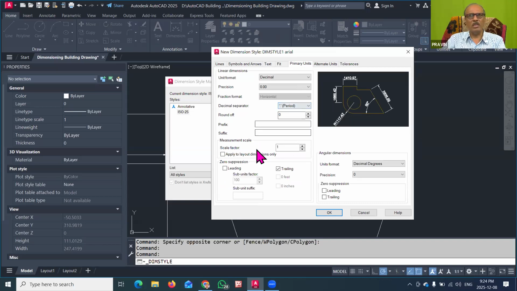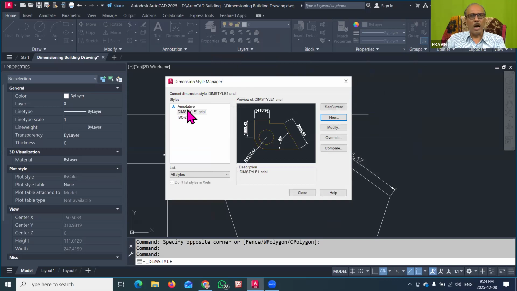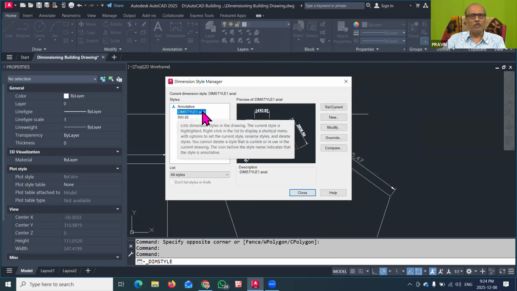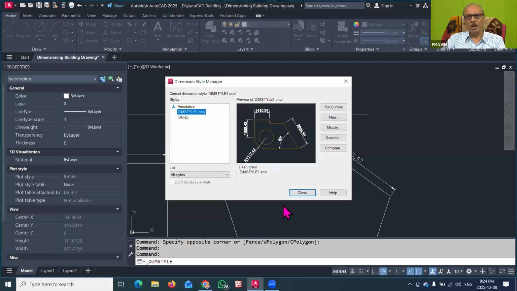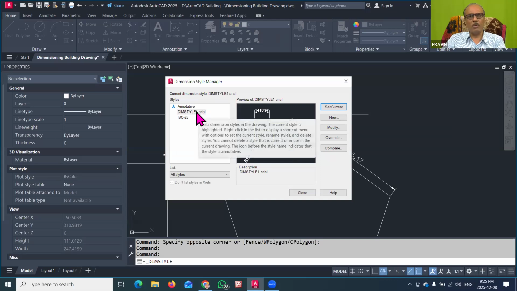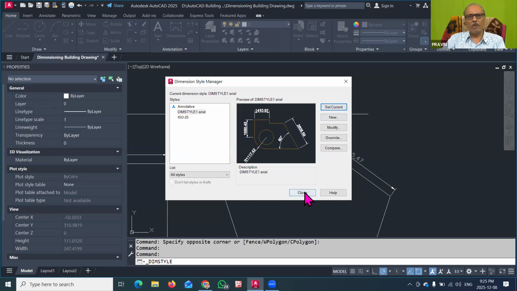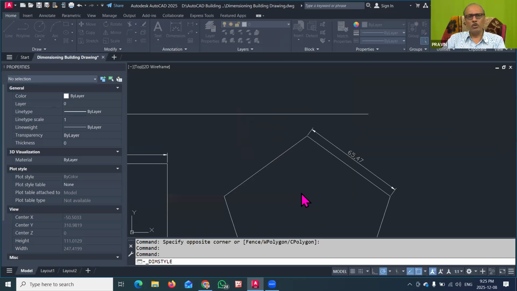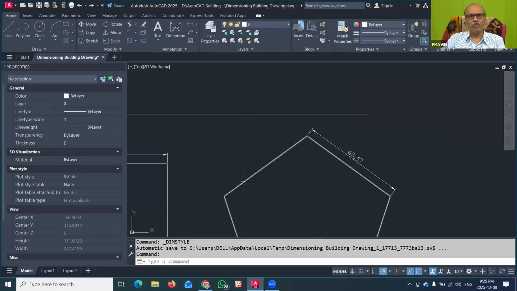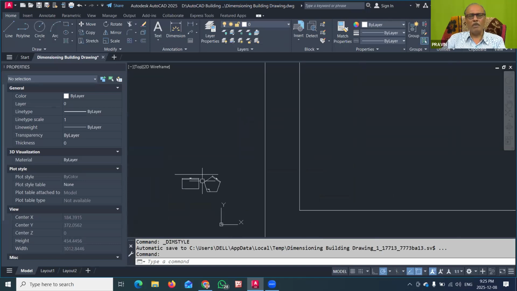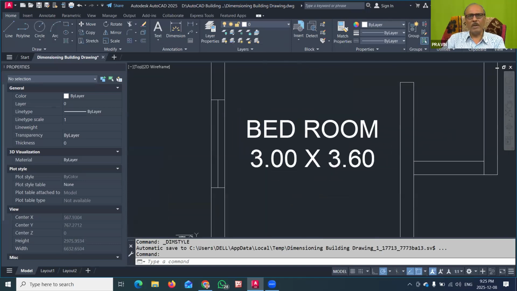Now this dimension style is generally very much proper for our building drawing. So now we will just click on OK. So here I have created one dimension style with the proper setting which I require for my building drawing. With this, I will just click here on set current. So this Arial font, the dimension style 1 will now be used for my drawing, and then I will click on the close button. So this is a very important step, dear friends, that you have to create a proper dimension style. And that is what we have seen in today's lecture.